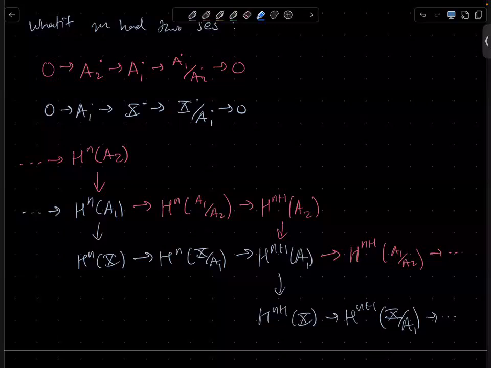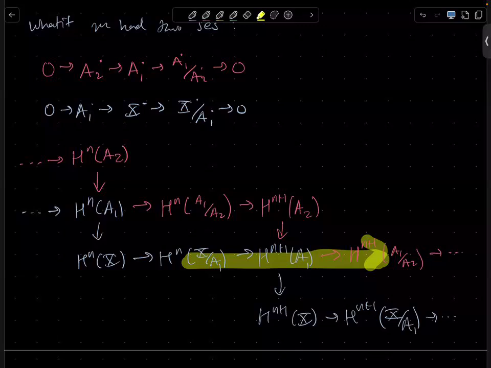Maybe you notice that you can define some kind of map here from Hn(X mod A1) to Hn+1(A1 mod A2). You can define a map like that, which is just the composite of the two maps. And then you might define a collection of maps like this, and somehow they piece together in a certain way, and actually they form differentials. And then you might ask about the cohomology of this, and you can get a lot of data by doing this weird stitching thing. What to do with all this data, it's curious, but somehow the motivation is that